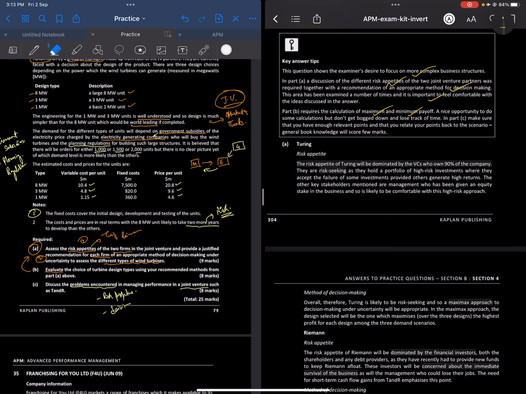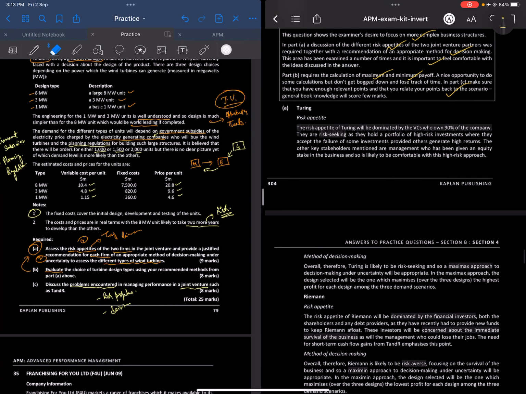So in part B, evaluate the choices of design types using the recommended method from above. Okay, that's for calculation. And in part C, we are required to mention how to manage performance. All right. So general book knowledge will also score well, but relate it back to the scenario. All right. So since one of our stakeholders is Turing in the JV,